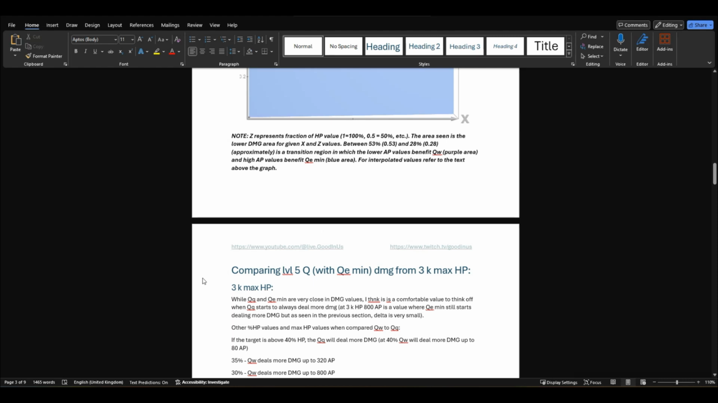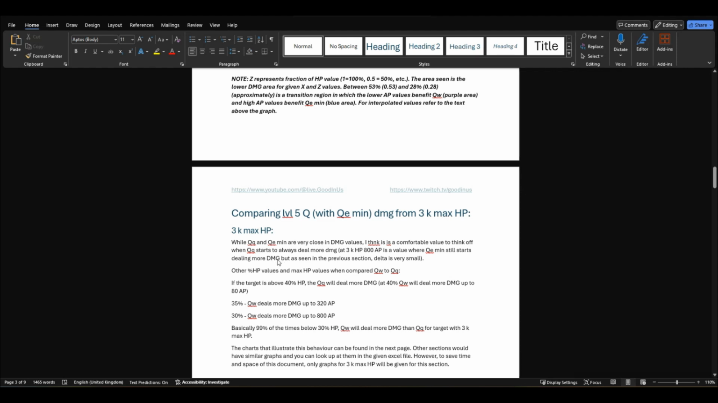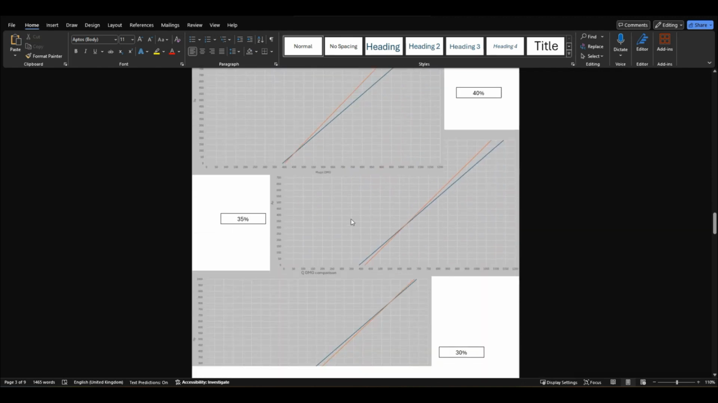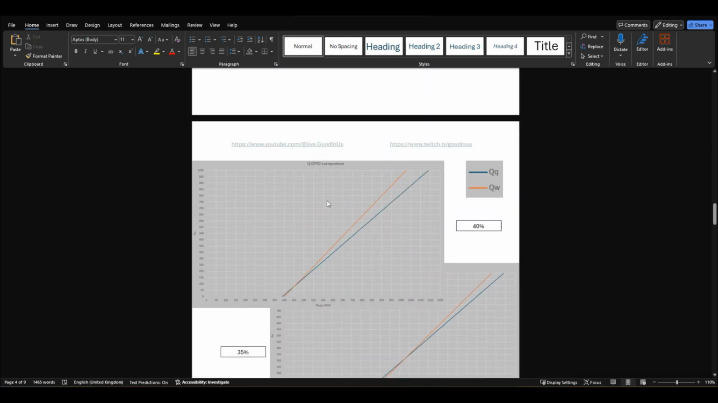And again, once I found out what HP values QW basically starts outscaling QE minimum, I basically calculated every 500 HP values how it interacts with QW, and that's what you will be able to see on the graph. So these are basically the numbers. This is a representation of the 2D graphs. For example, this is 40%, and I think